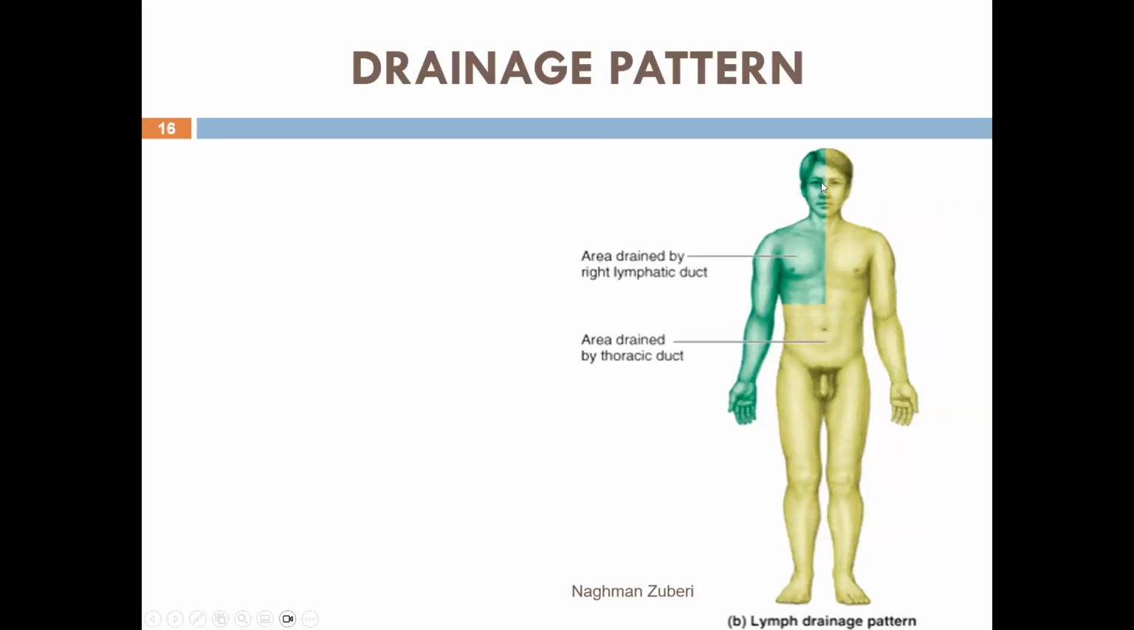Well, it is not that the body is divided half and half for the drainage of lymphatic. The drainage of lymphatic is very interesting. Like this dark green color on the right-hand side, that is going to be drained in one way, and the rest of the light green area, that is going to be drained in another way. So let's see how. This area is drained by the right lymphatic duct, and this is by the thoracic duct,